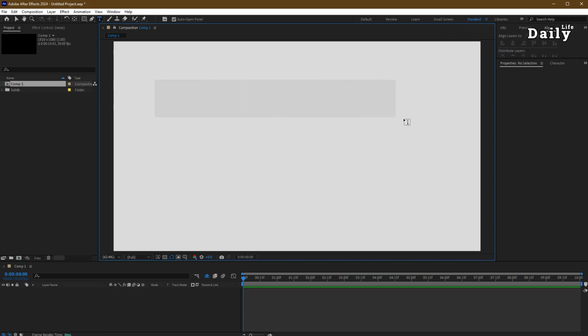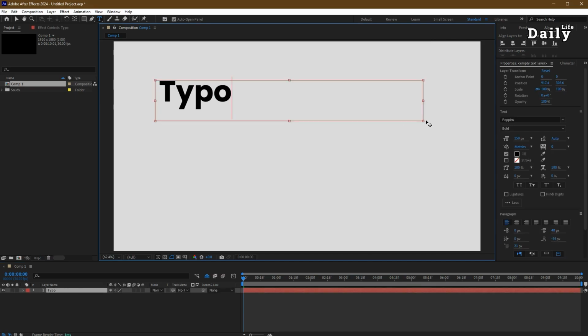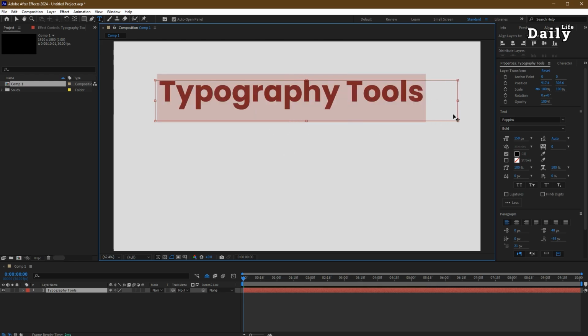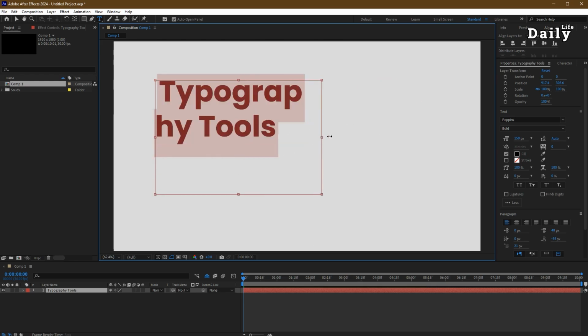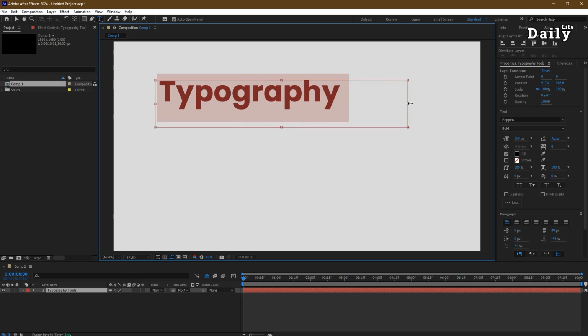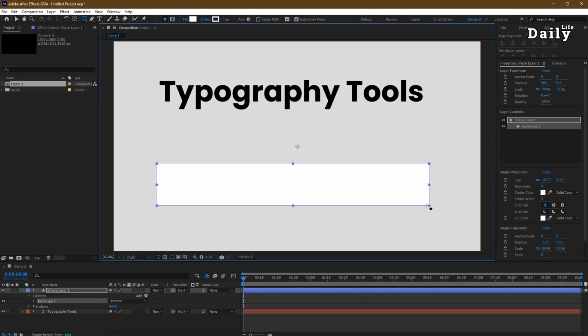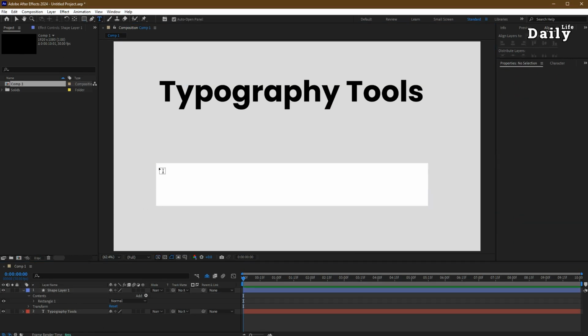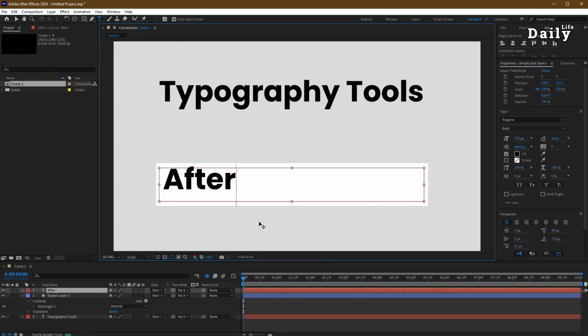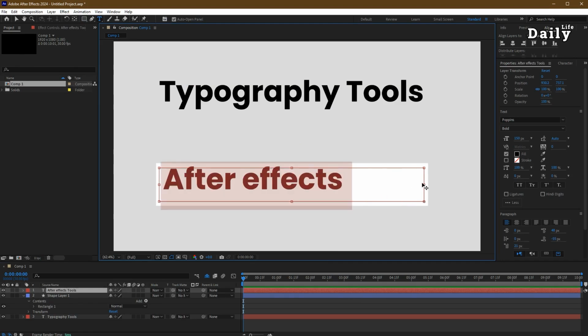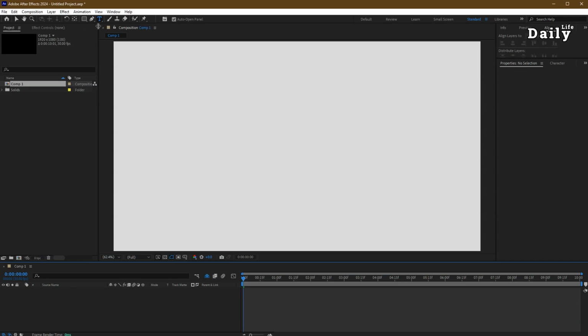Click and drag to create a text box while the Type tool is active. This border will help you contain your text within a specific area. You can edit the border to fit your design. For example, this border helps keep your text within range if you have a background or a frame. Delete all and write something new.